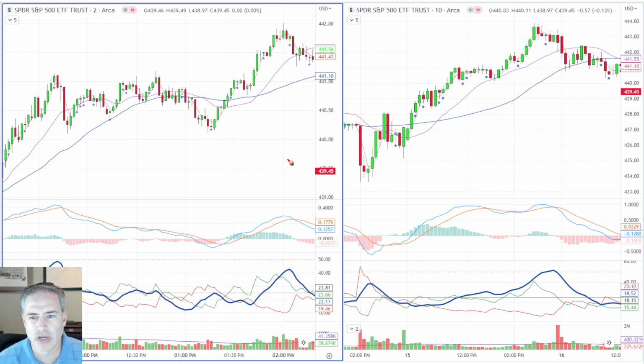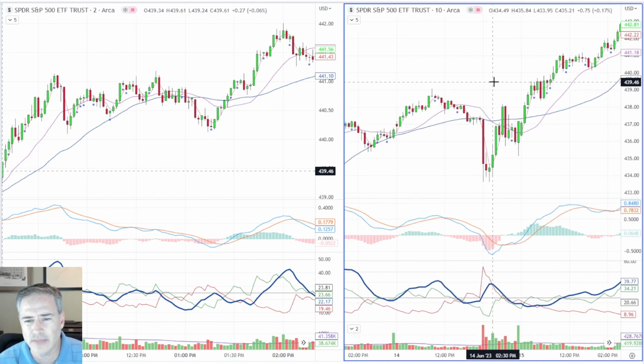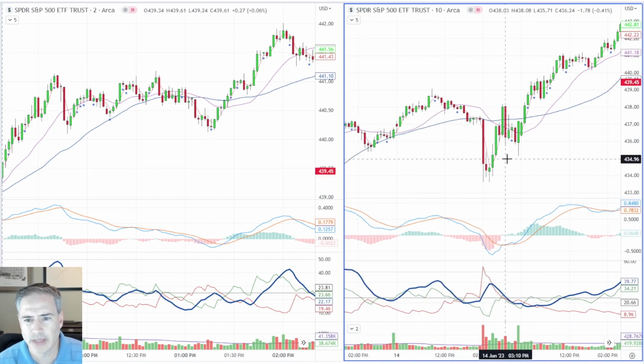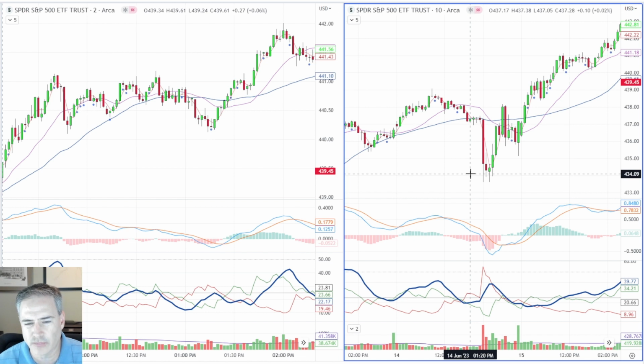You see what I mean? So just follow the rules, but I do want to make sure. I'm giving you a lot of rules in my course, but what I want to make sure you understand is that the price does lead the indicators, and we always want to follow what they're doing and follow their lead. And if we want to take a slightly earlier entry, we can do that in this case.